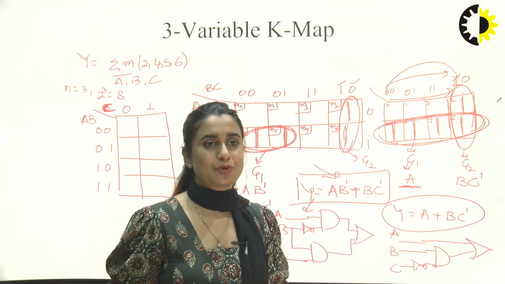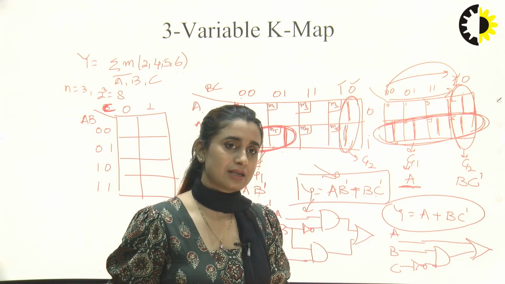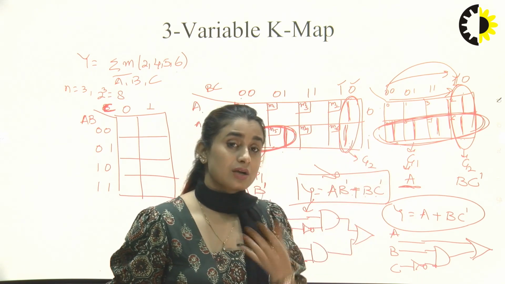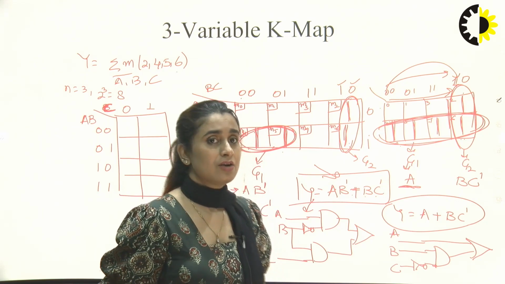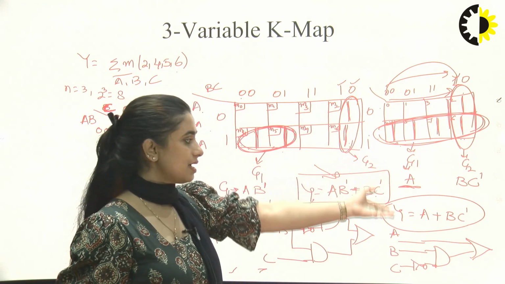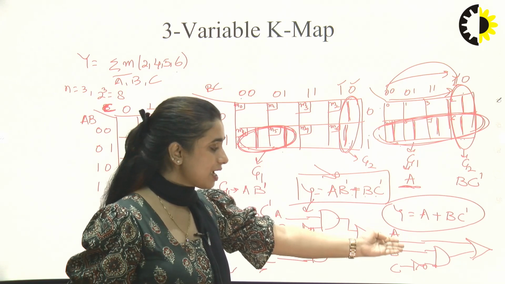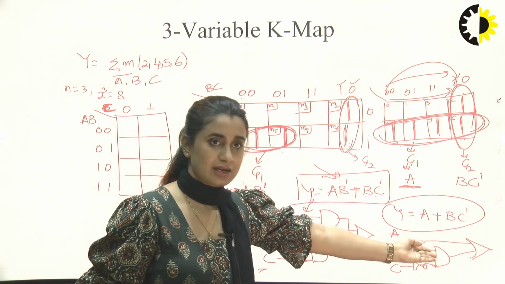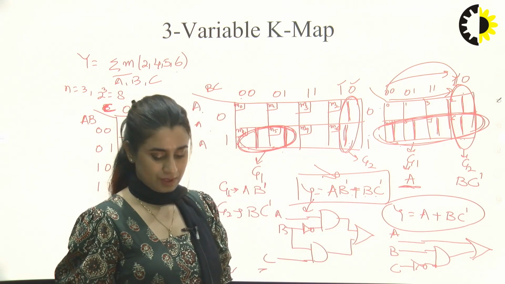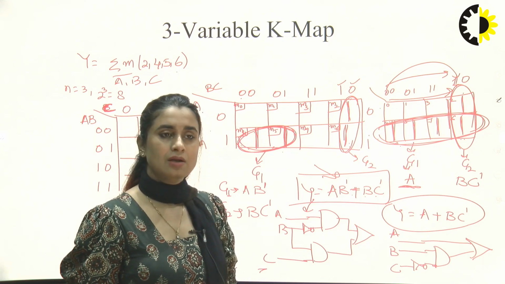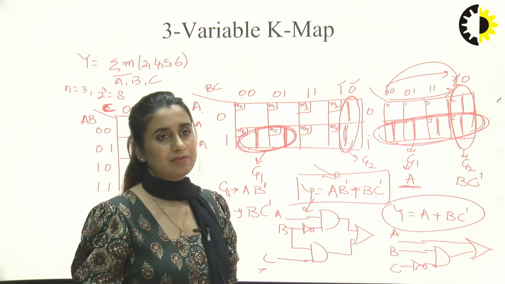So that is the motive of solving K-maps: we do not have to apply all the Boolean formulas. We solve the maps and get the desired result, and we actually get the minimized realization of gates. So this is up to 3 variables. About 4 variables and 5 variables we can take it further.